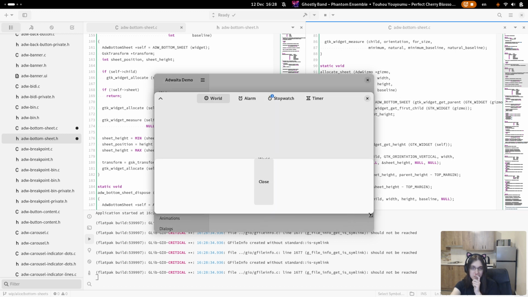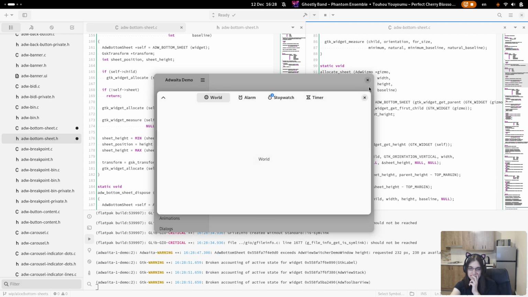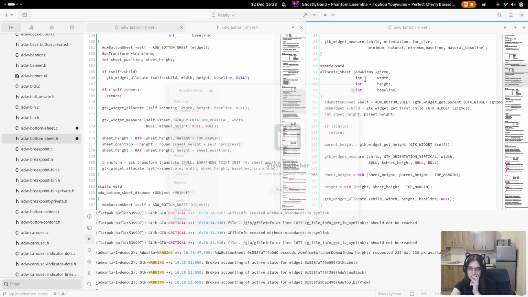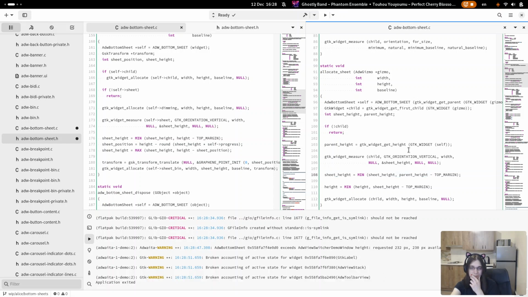Something's clearly wrong, but this is the same value as top margin, isn't it? Also not sure what's up with that, but that's something for later.